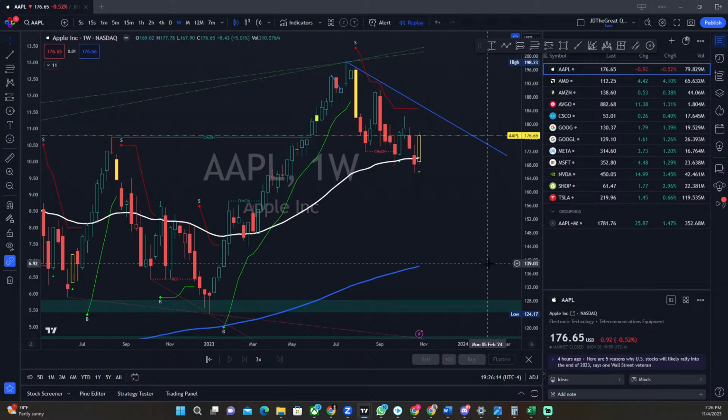But here's something I found very interesting. On the weekly, we got a boosty candle. If you do not have the Cheat Code algo, I do suggest that you get it. By all means, DM me so you can get one. We call it a boosty candle because it's about to set it off. Shout out to Neo. But if we look right here, this is a caution candle.